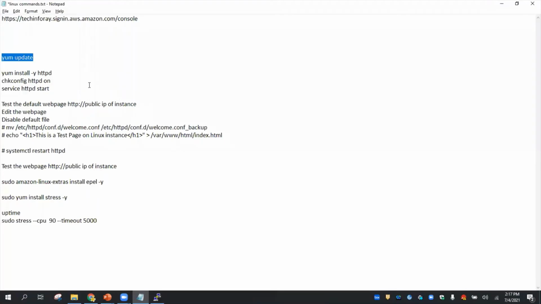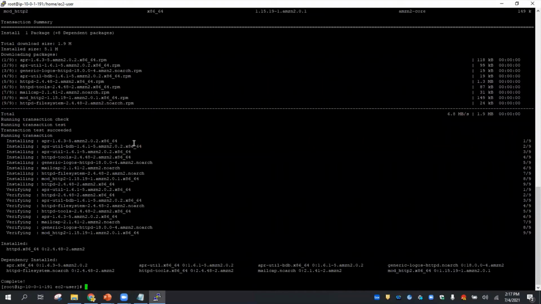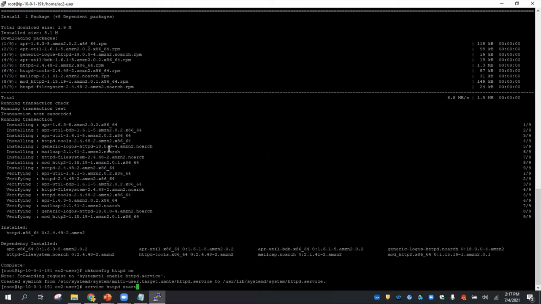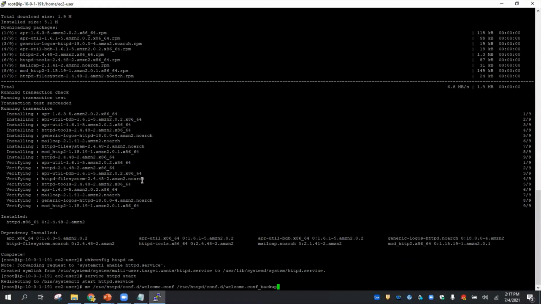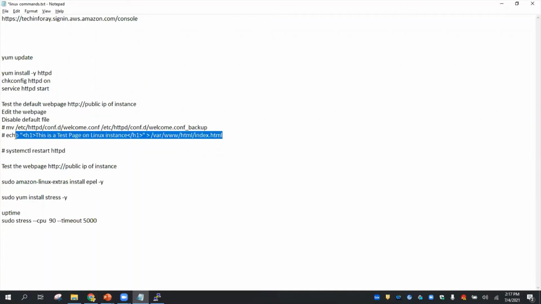Let's install our web server. You can use these commands to install that, and let's quickly do that. Let's start the service. Our server is ready. Let's create our web page. Move this file and create our own index file.